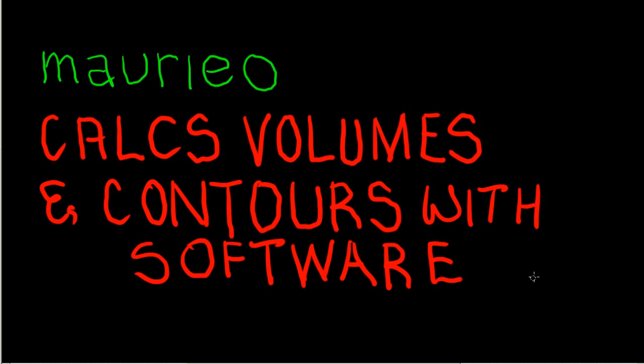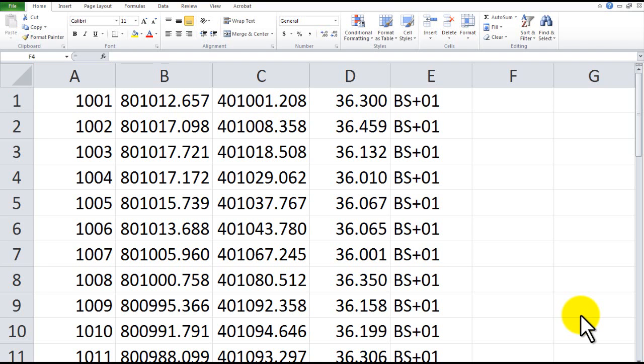In this video, I'm going to be calculating some volumes and contours of a stockpile using contemporary survey software. So let's get on with the job. There are many ways of getting your data into survey programs. The best way is probably to load it in directly from your data recorder. But in this instance, I don't have any information that's suitable, so I'm using here a CSV file that's